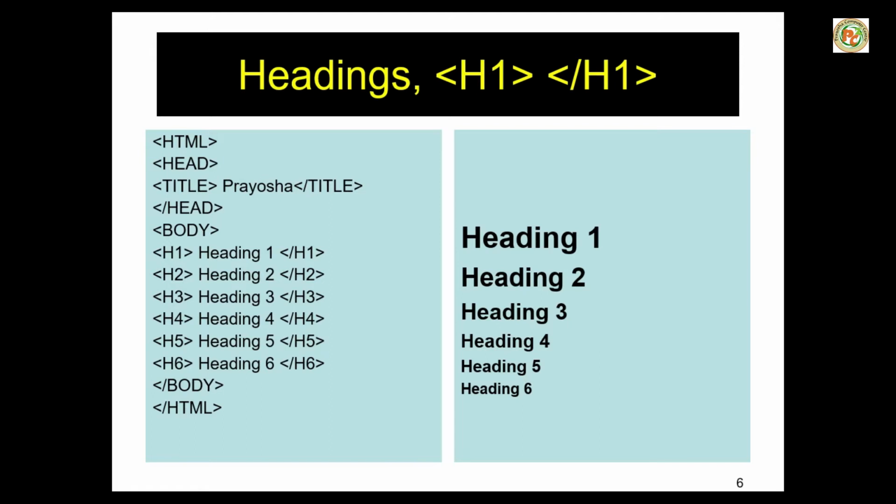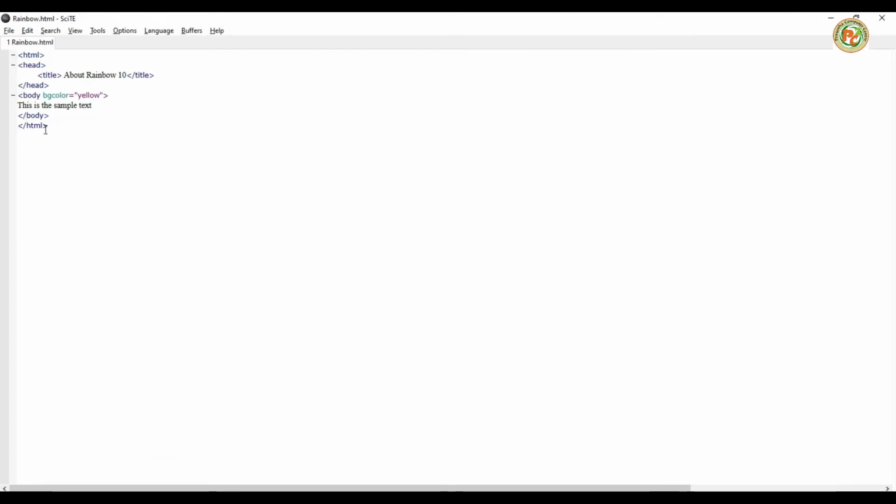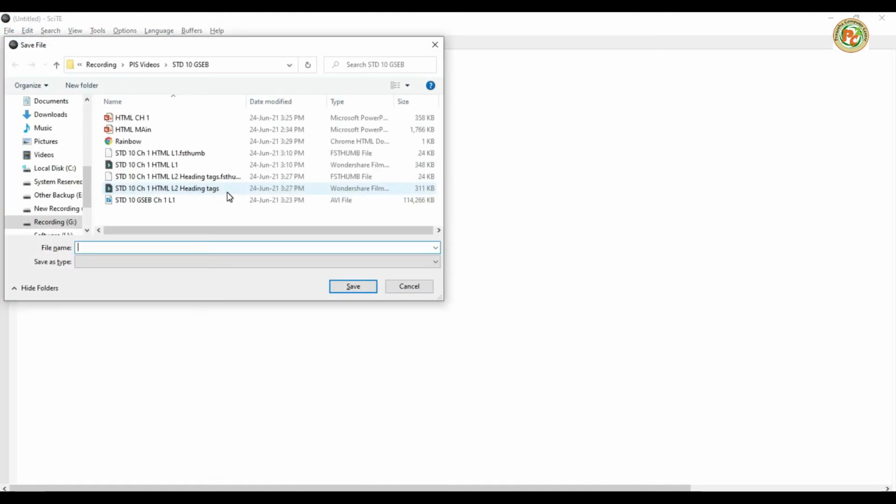And how to write this HTML? First we will open our editor. We have already worked on a site in the previous lecture, but we are not going to use that one. We will create a new one. Just click on file and click on new. Before we proceed we have to save it. As you know, we have to create one folder in which we will save all the documents. So here we will save it.